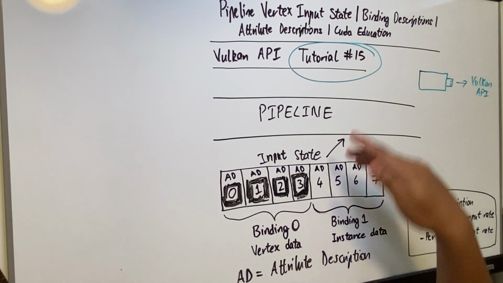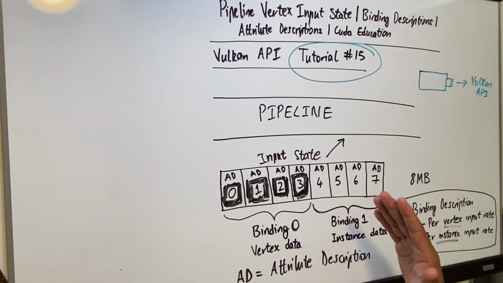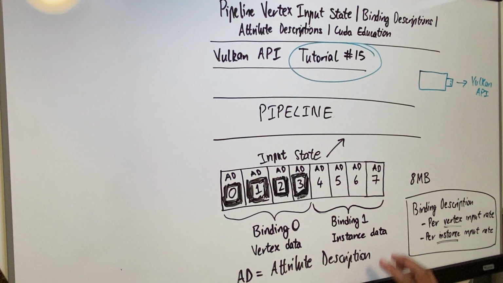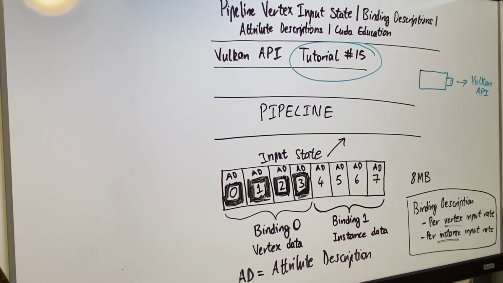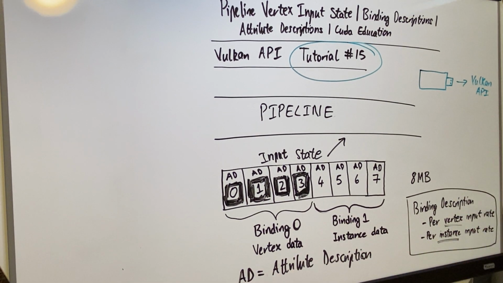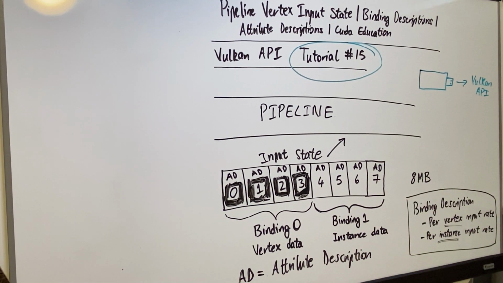Instance data, in the example that I use in tutorial number 15, relates to things that are related to each instance in your pipeline or in your scene, right? So the example in tutorial number 15 is a planet in space with about 8,000 rocks surrounding the planet. The rocks themselves are circling the planet, and each individual rock is also rotating. So the Vertex data might be the vertex mesh, the vertices creating the actual rock